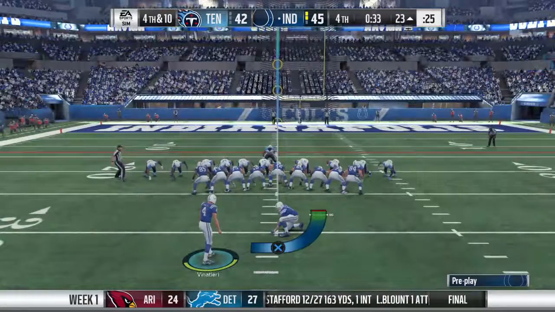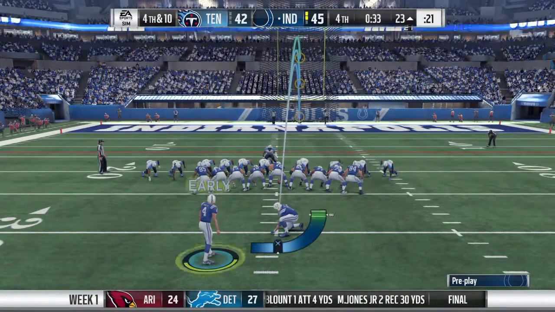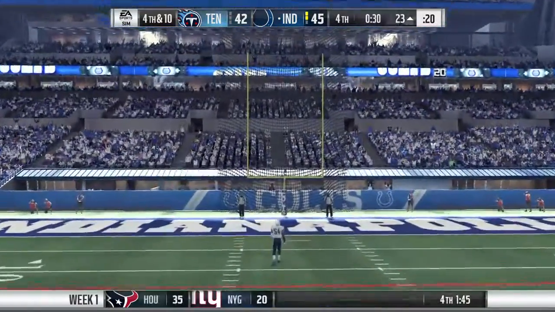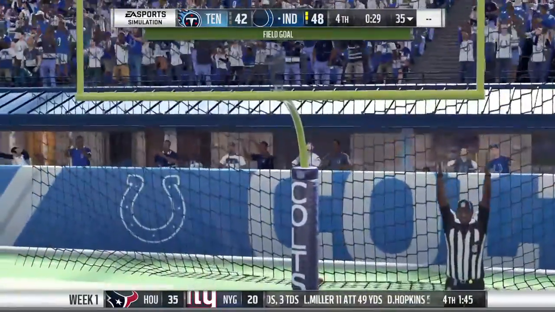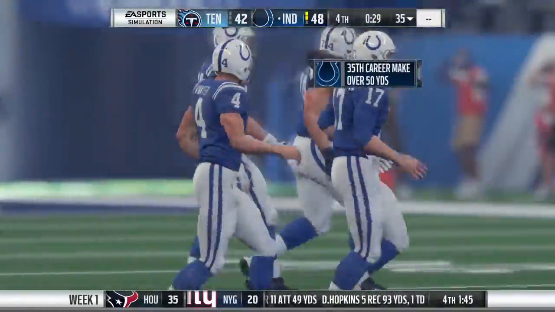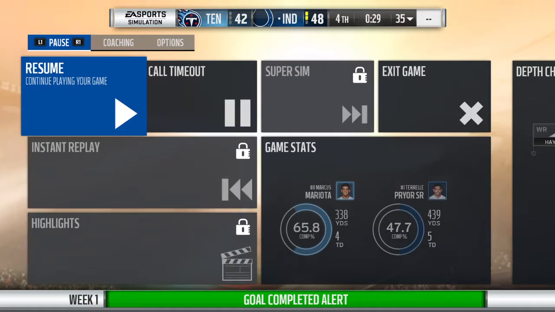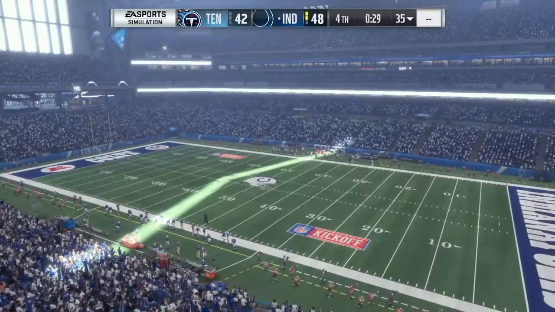So on 4th down, out trots the kicker in a big spot here. He hit his first, this one from 40 yards out. And Vinatieri's kick is good. And that will add 3 more to their lead. It pushes it up to 6. So they get the 3 here, but you wonder whether that's going to be enough. Yeah, I mean, you've now